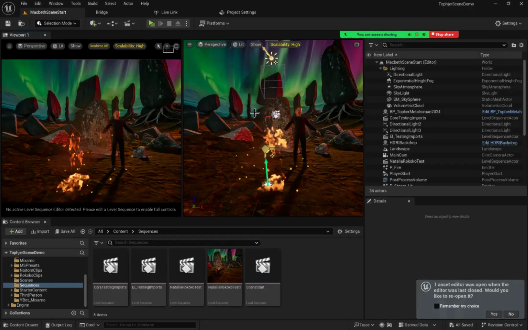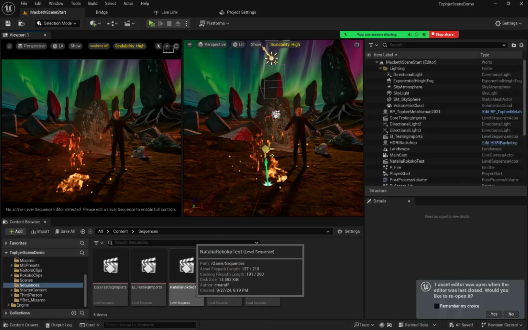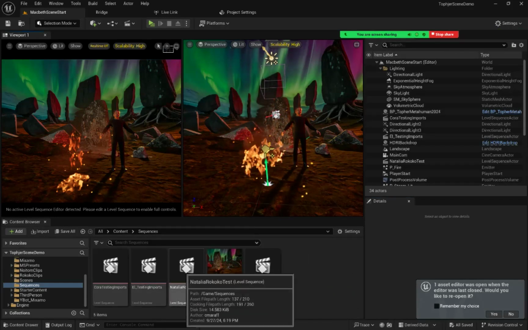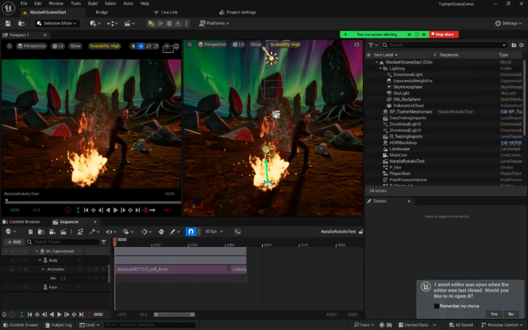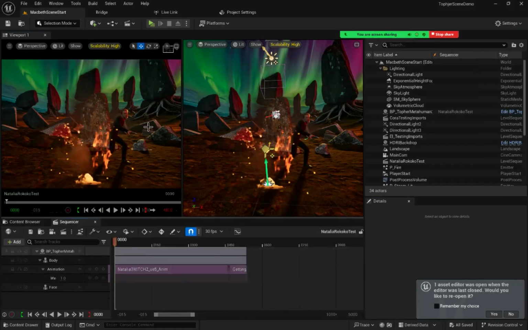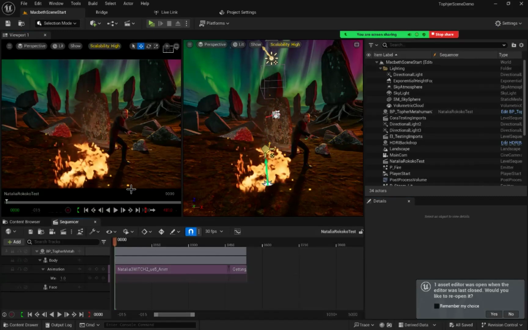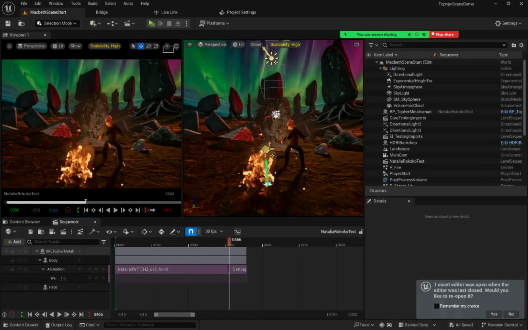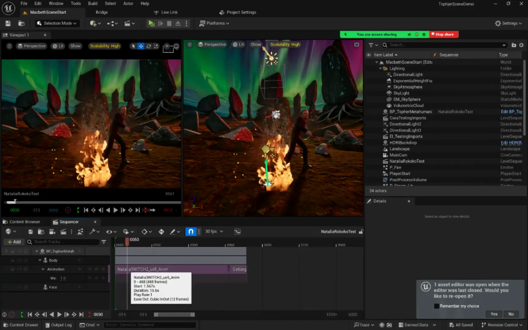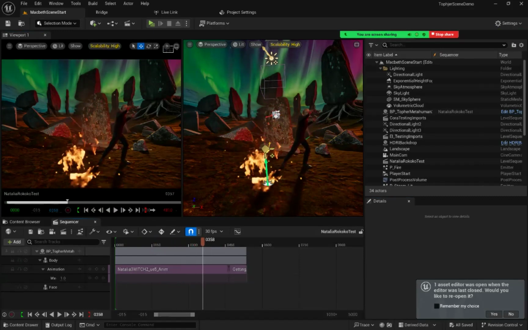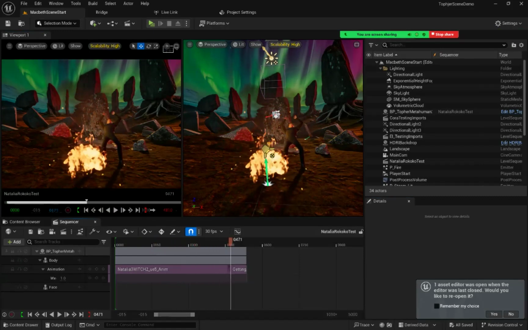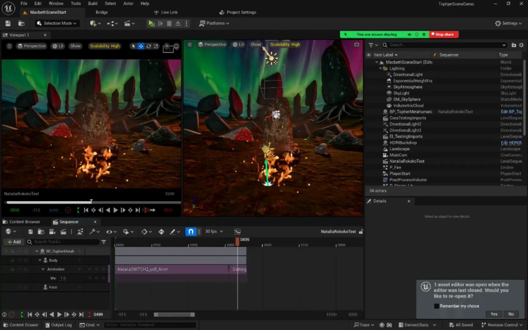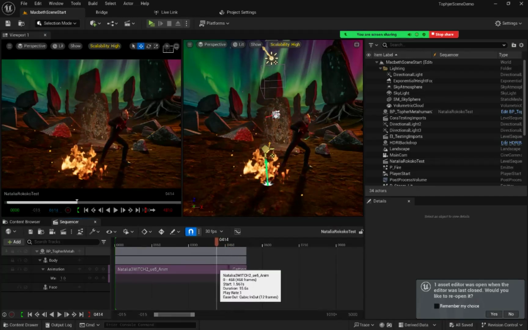So here's the scene. And the one we did the other day was this one here. And so it has the character moving around with some of the Natalia's witch movements. And then I put in a backflip. Right, so from Mixamo,